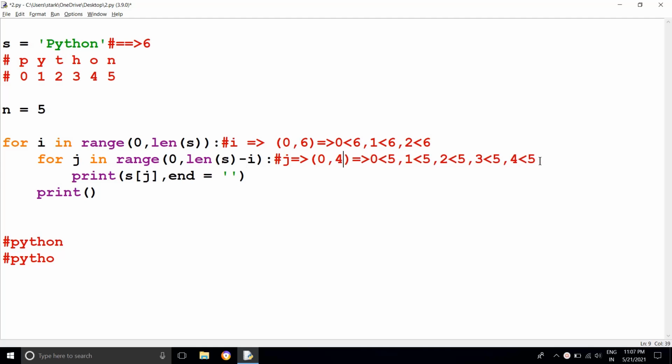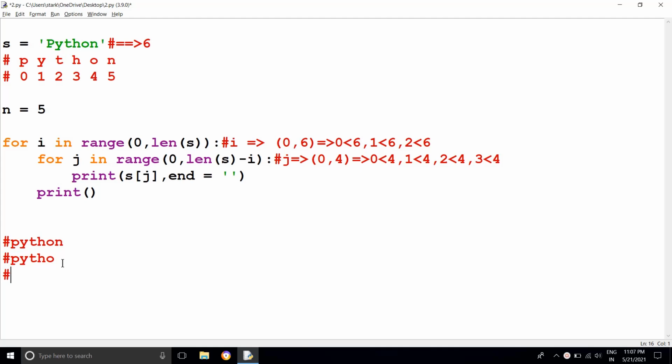How many possibilities are we having? Only 4 possibilities, right? 0 less than 4, 1 less than 4, 2 less than 4, 3 less than 4. What are the j values here? 0, 1, 2, 3. So now it's going to print up to 3.